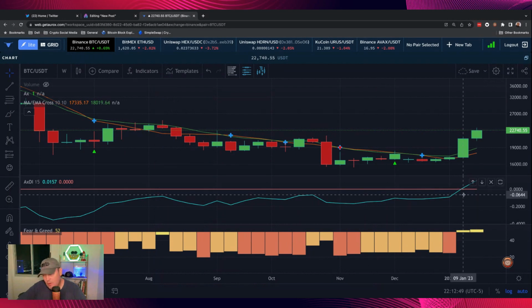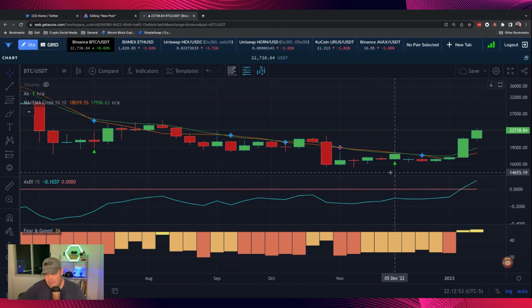Going back 2 weeks, Bitcoin had a shift in the market going up with the demand index. And we have a green Aurox indicator. So we have 1, 2, 3, 4, 5, 6, 7 weeks now of green Aurox indicator. If you did buy back here, it was about 16.7, between 16.7 and 18.3. Right now we're at 22.7. So nice trade, guys. If you listened and you've been using the Aurox indicator, congratulations.